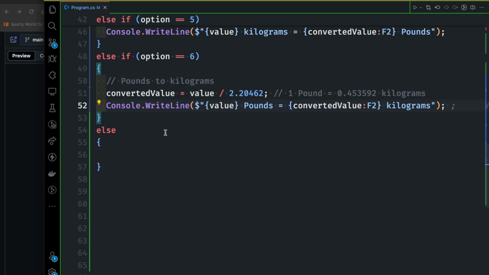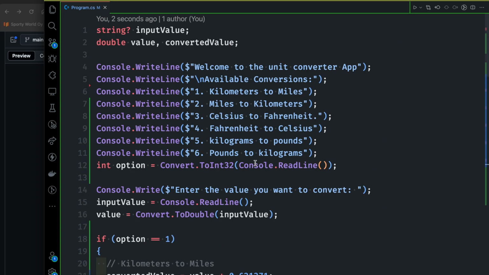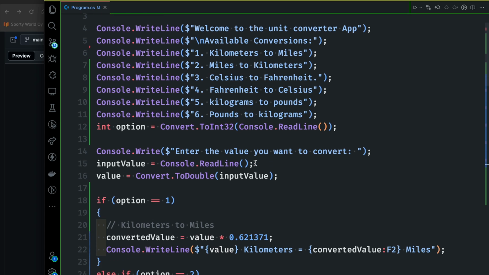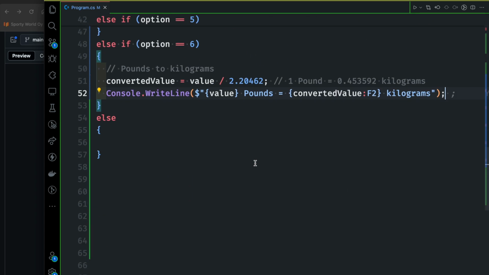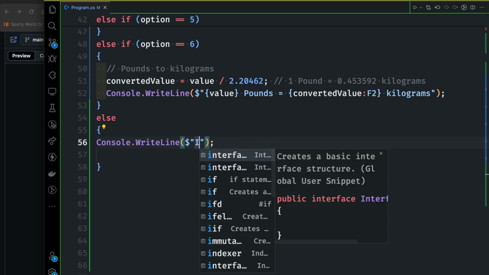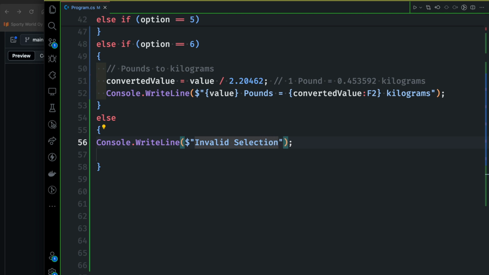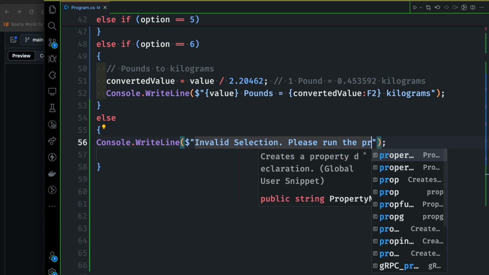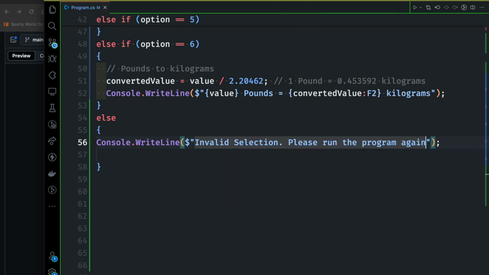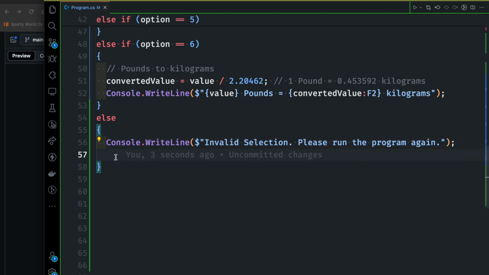But now what happens if no option matches? Maybe the user can make a mistake. They can give us 8. So in this case, that option will be invalid. Let's show that option, the invalid one, as well. So here I'm going to write a console write line and I'm going to put invalid selection. Invalid selection. Please run the program again. That's all. That's more than enough that we need, and I'm sure we have done it, and it's time to